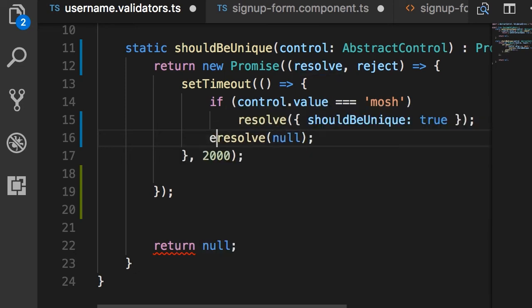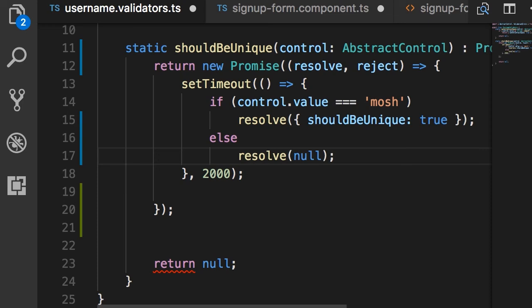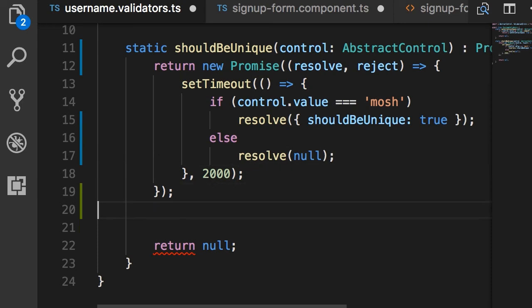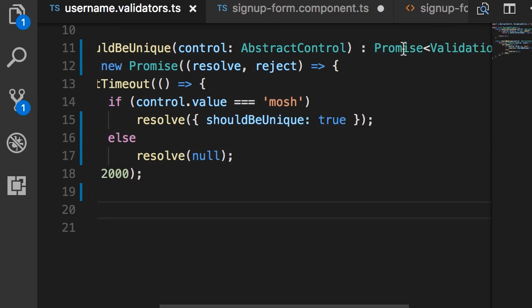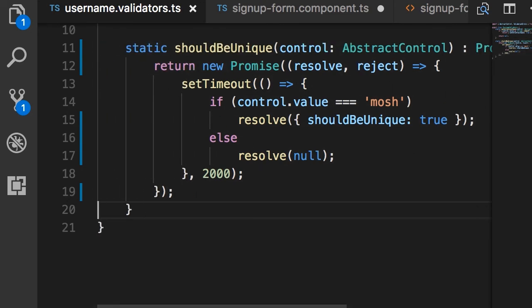But here we need to add the else keyword, because when we use the return keyword, the control exits from the function. But here, we're not exiting this function. So if username is Mosh, we resolve the validation errors object. Otherwise, we resolve null. Okay? And this was purely for demonstration before, so it's not part of our implementation. Delete. So this is how we implement an async validator. The return type of our validator function should be a promise. And here we should return a new promise object. And we can use these parameters resolve and reject to either return some value to the consumer of this promise